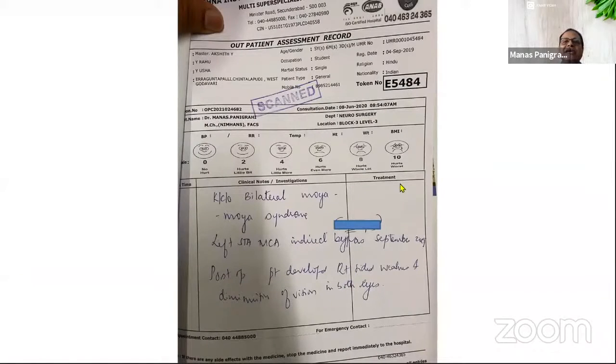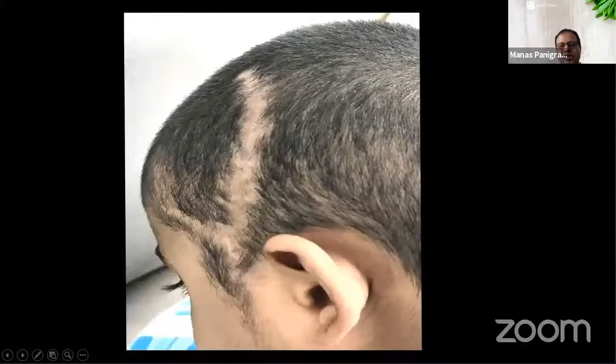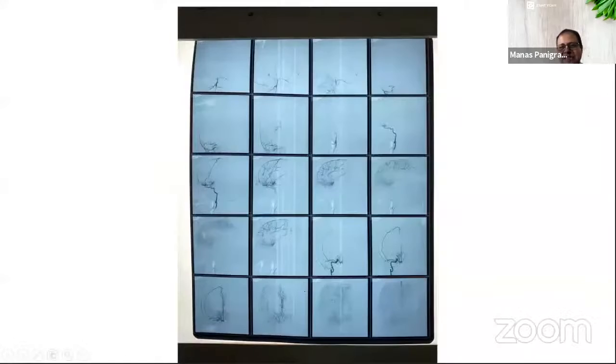Now, this child who came this year, a 5-year-old child, had an attempted bypass in an outside hospital. During that, they could not do the STA-MCA, so they did an indirect. But 15 days later, the child again had a stroke, so they were referred to us for further treatment, and this was the incision this child had. So what were the options we had? Because he already has an indirect, he already had an attempted direct which has failed, and the patient still has recurrent seizures. And in the angio, there was not much filling on that same side from the ICA.